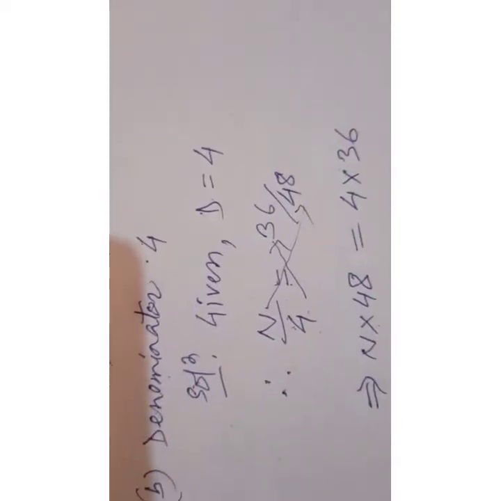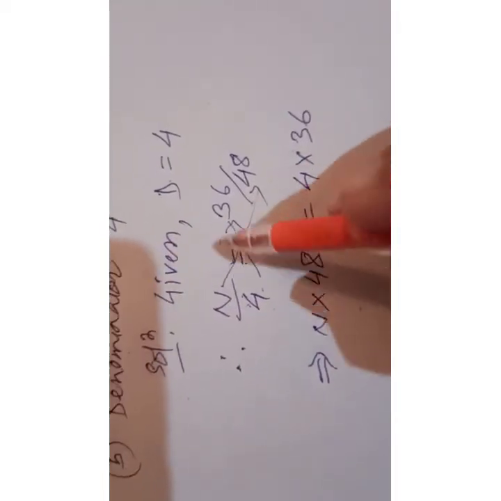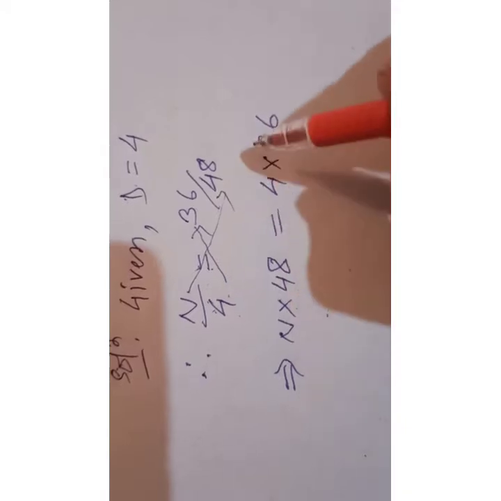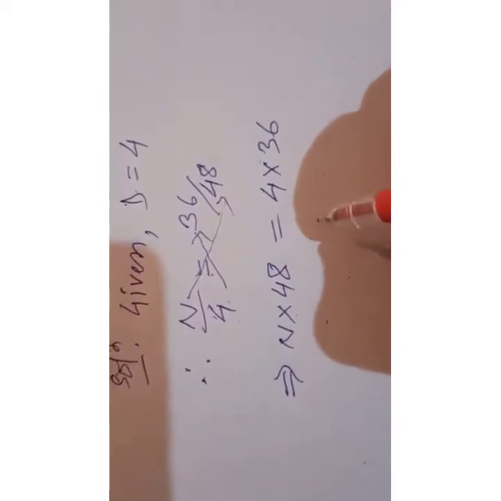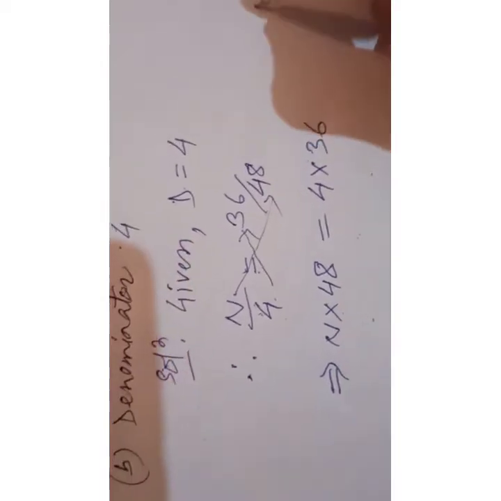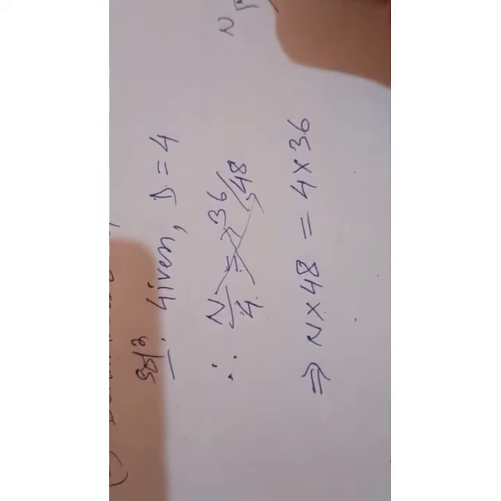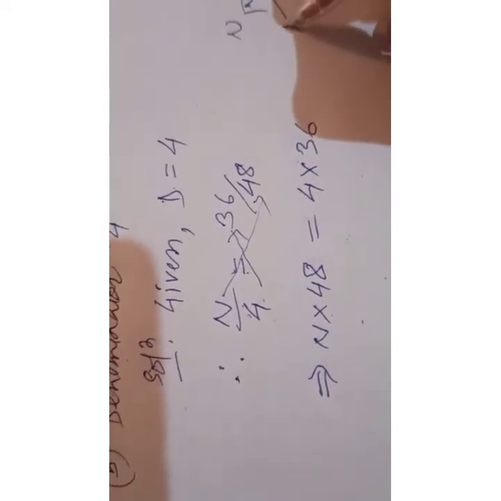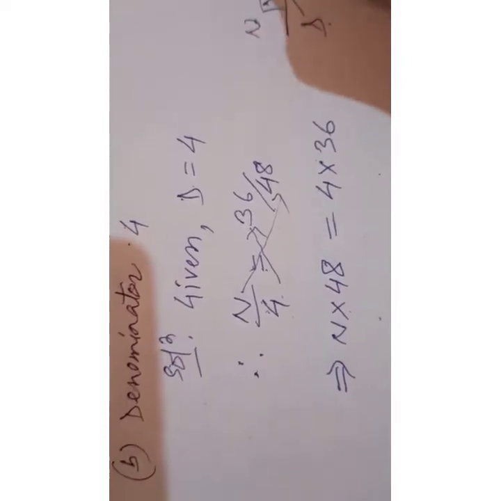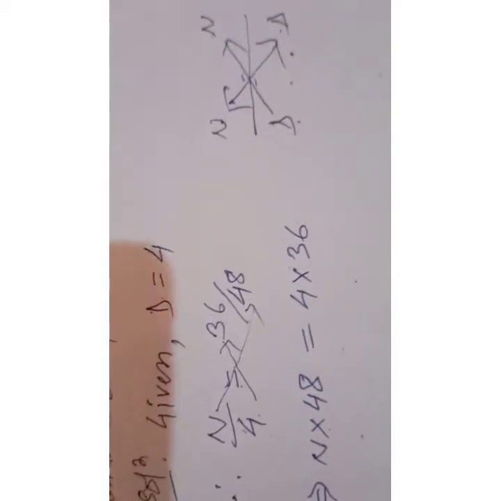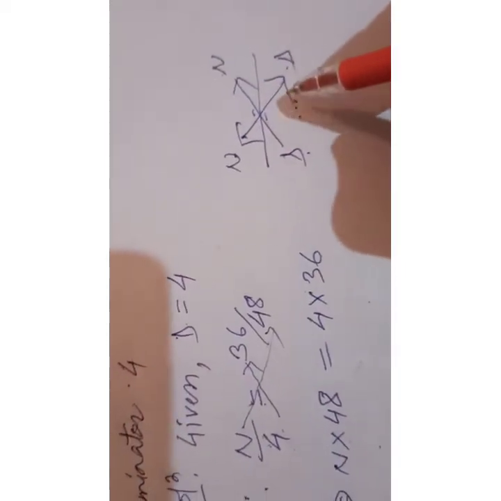Don't make mistakes in this part. You are facing problems only in this part, so I hope from today onwards you will not face any problem while solving this type of problem. Only cross multiplication, that means numerator with denominator, nd, then this will be nd. So this is the fraction, then do this one here, this one here. Understand? So remember this formula, try to remember this trick.